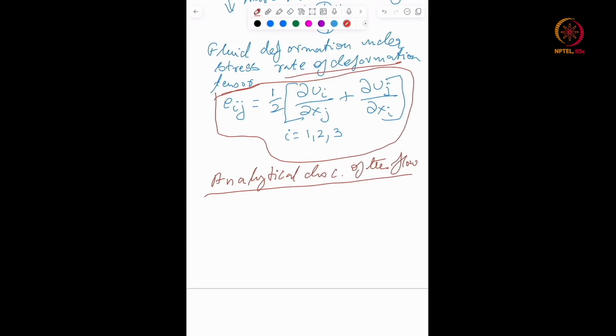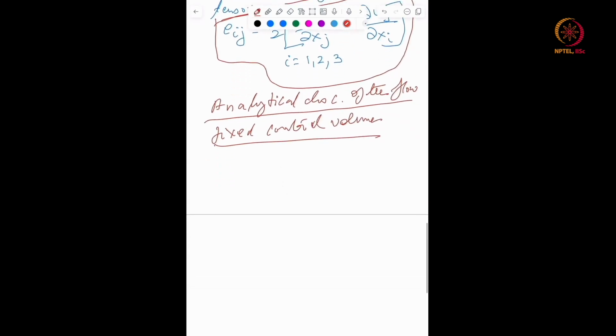We also have differential relationships, which we can represent as well, if you apply it to a fixed control volume. This is once again part of a full-fledged fluid dynamics course, but I'm just giving you a heads up. So the conservation of mass,